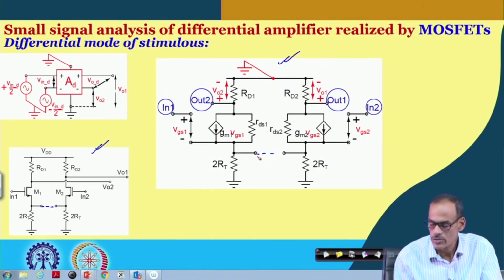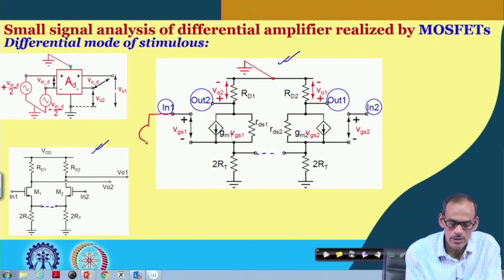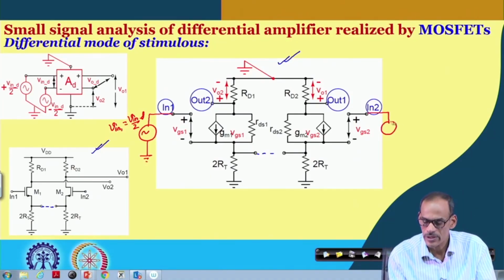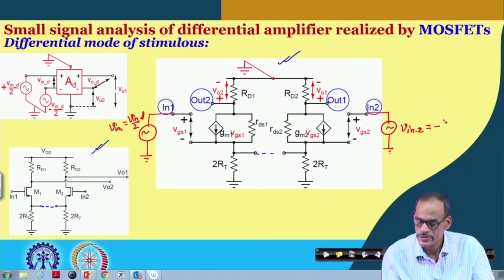And here also, if we stimulate the circuit in perfectly differential mode of operation, namely V in 1 equals V in D by 2, and V in 2 equals minus V in D by 2,